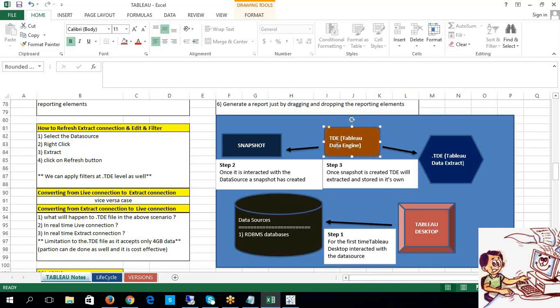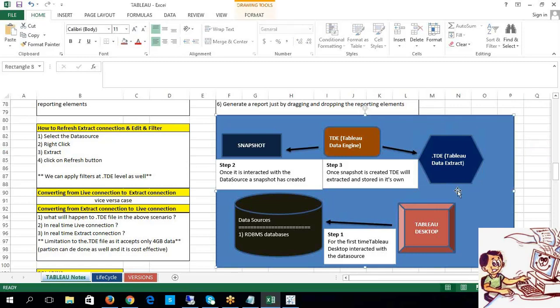So with the help of this Tableau Data Engine, a .tde file has been created, because the snapshot is going to be stored in Tableau's own format. That own format is nothing but .tde, Tableau data extract. Now for the next time, what will happen?